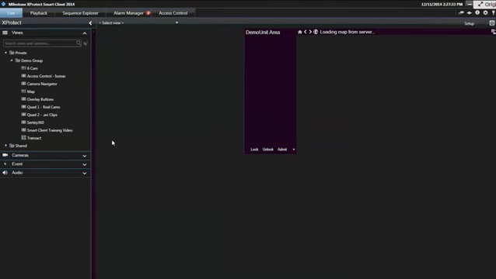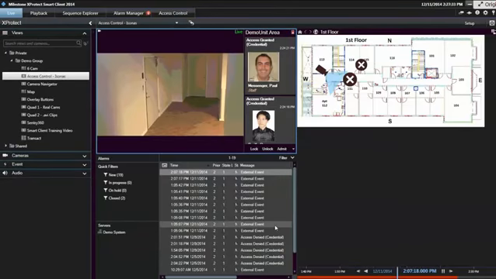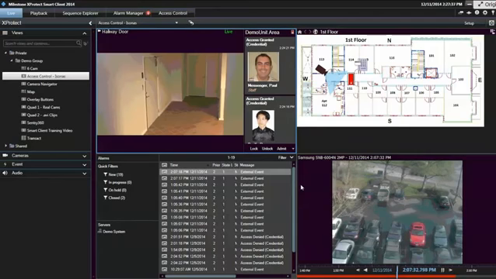So that's what the access control module gets you. It gets you a really well done integration between your access control system and your video management system. And this can be added to Express or